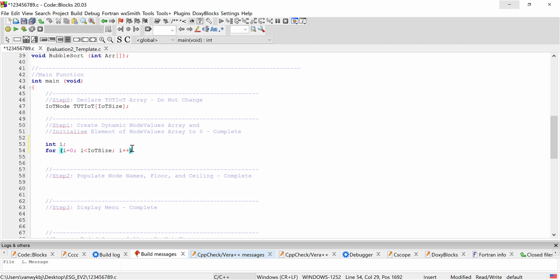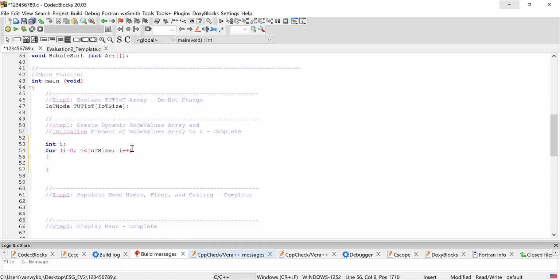So we're going to traverse through it, and then for each of those indexes, TUT IoT, that's the name of the array, for each element. So we're going to put square brackets there with i. So for each element of that array, we're going to generate for the node values pointer a